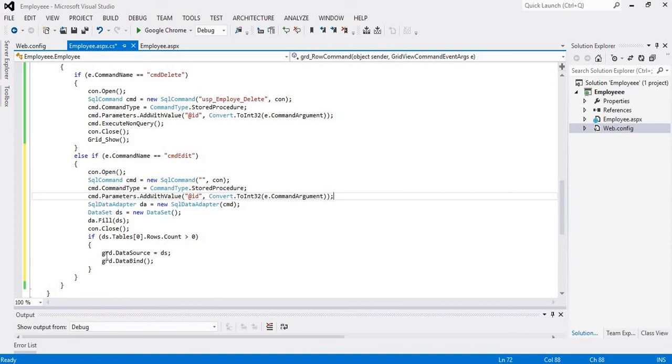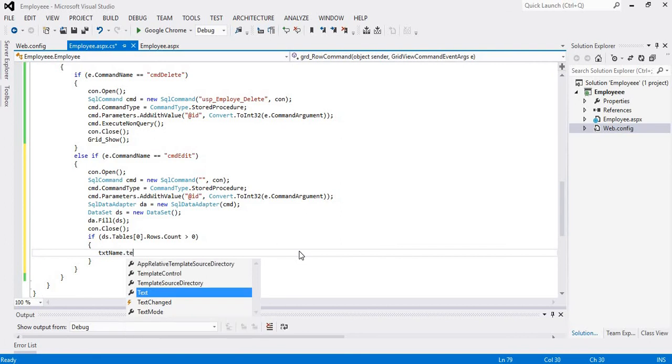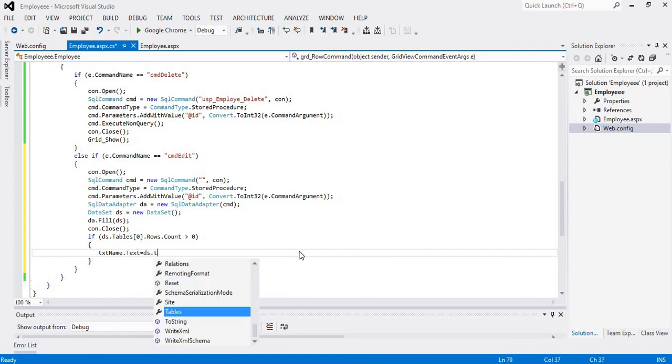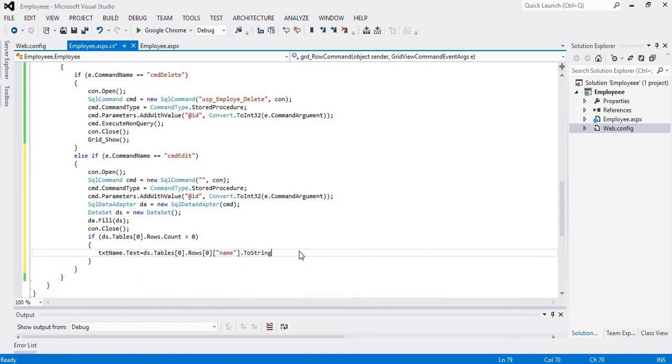If ds.Tables[0].Rows.Count greater than 0, it means if it is having some data, then we will pass them to the text box and their drop down like this: txtName.Text equal ds.Tables[0].Rows[0]["name"].ToString(). Copying this line,